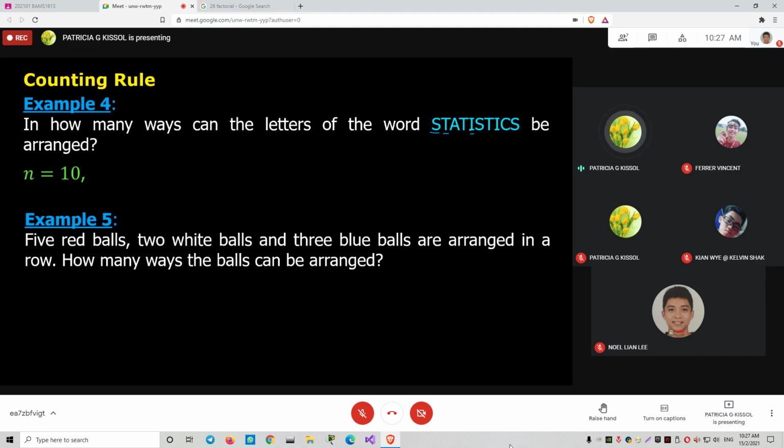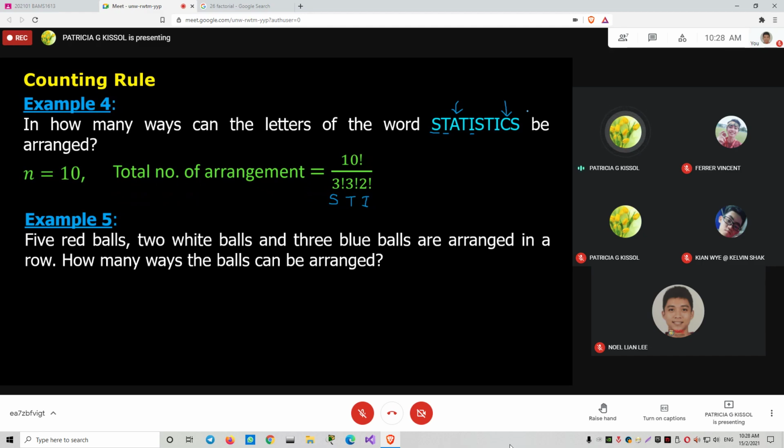So in this case, the total number of arrangements, our N is 10 factorial, and this is divided by 3 factorial because of the S, 3 factorial because of the T, and 2 factorial because of the I. The rest of the letters are appearing just once, like the A and the C. They are appearing only once. And because of that,